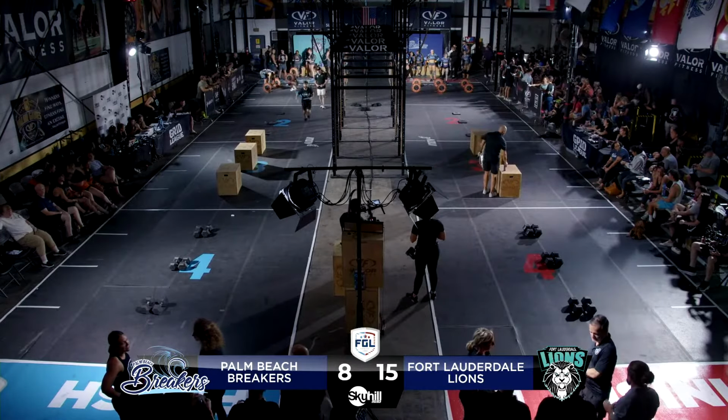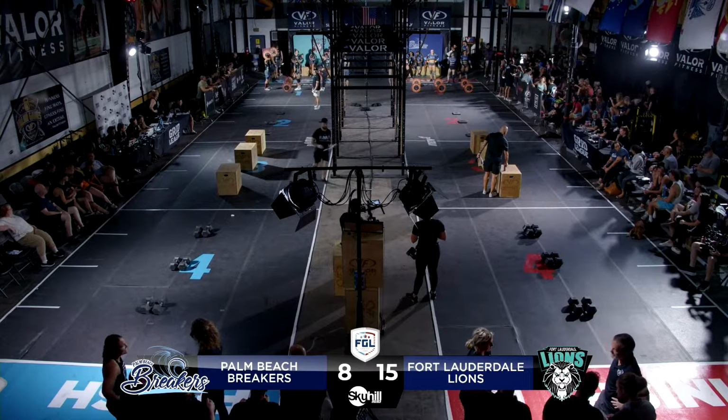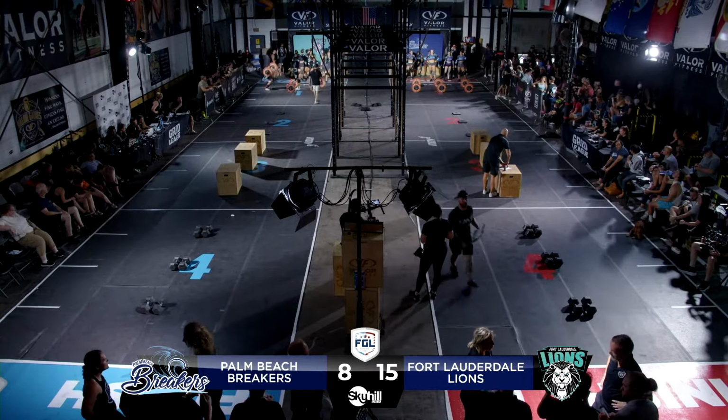To the action. 15 for the Lions, 8 for the Breakers. It's a 7-point lead right now. And the Breakers want any